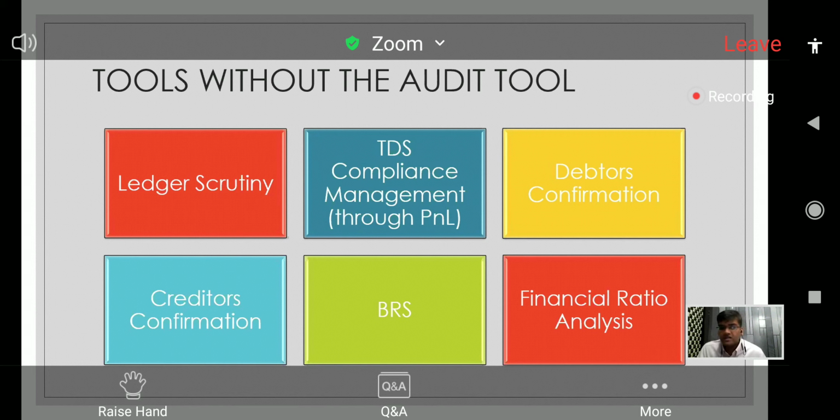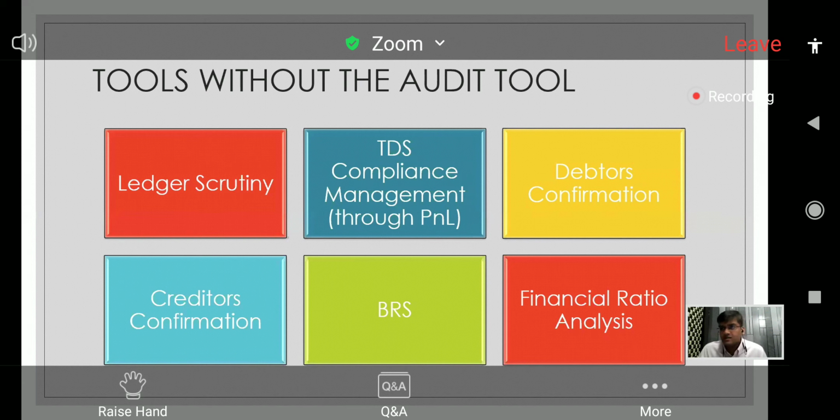Obviously, for debtors confirmation and creditors confirmation, I believe Puneet bhai will be showing us how Tally can be used in directly generating multiple ledgers and sending them across for third-party verification. Apart from taking third-party verification for debtors and creditors, we also typically check the ledgers individually and select the option bill-wise.